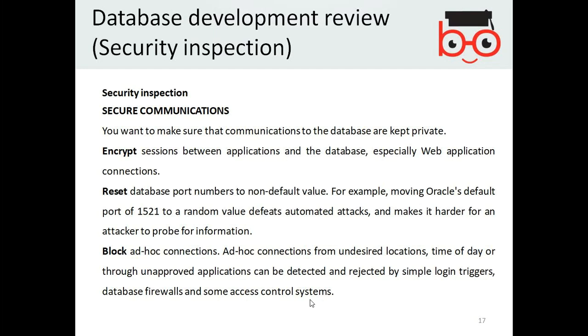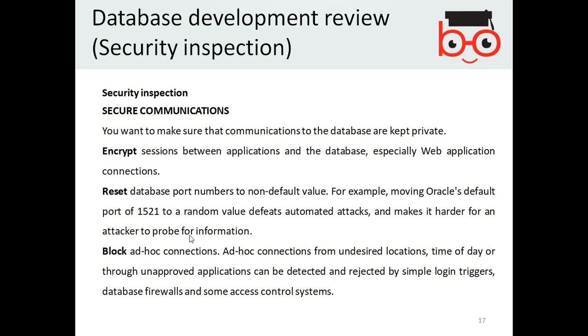For example, if it is a bank server, then the server is supposed to be accessed from the branches and from the dedicated locations. Those locations, for example IP addresses or any of the devices which are already registered, should be entertained. Otherwise, the rest of them should be blocked straight away.